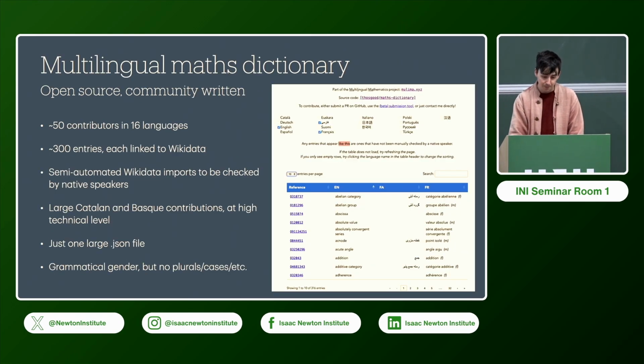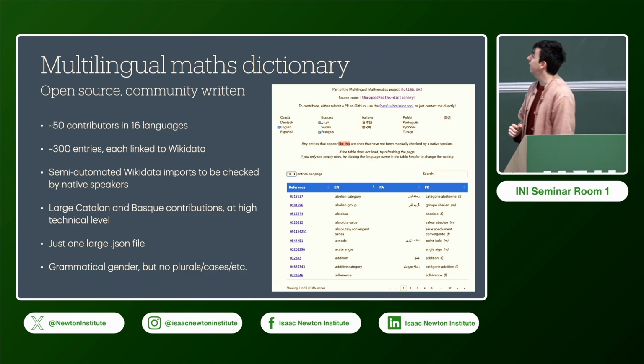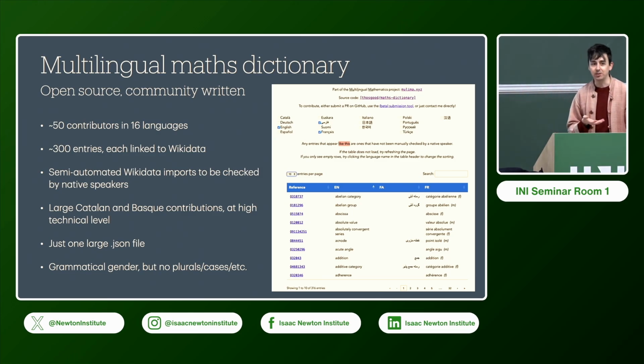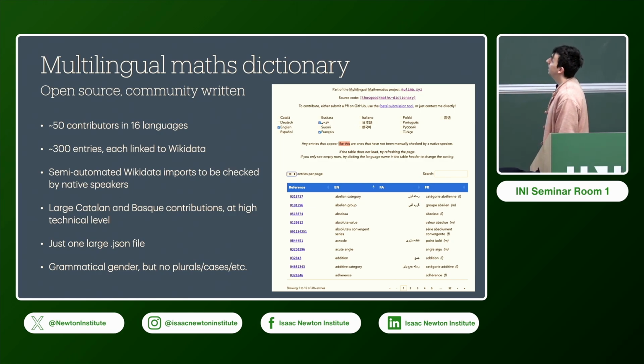And then one other project, I guess there are two other projects I just wanted to point out. One I'm going to skip over, but this one is this maths dictionary I started doing online. When I was translating a bunch of French stuff, I was like, wow, there are these words. I was learning mathematical French as I went along. This is the start of my PhD. So I was like, wow, I should just write down these words. And then I put them online, and I was like, oh, I know some of them in Spanish as well. I'll stick them up.